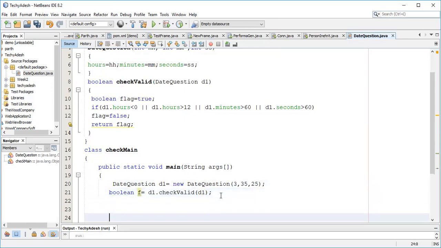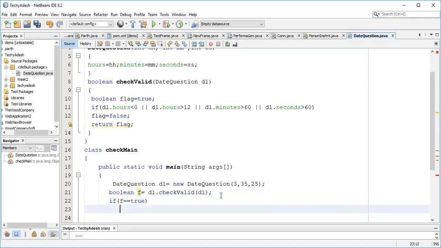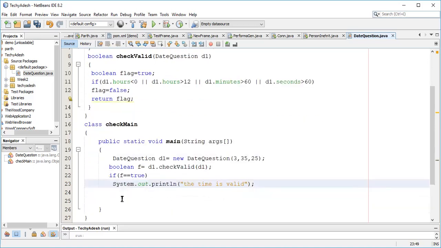And now I will put an if condition, if f is equal to true, I can write System.out.println the time is valid, right? If the true value returns from there, it means the time is valid, right? Else the time is not valid.